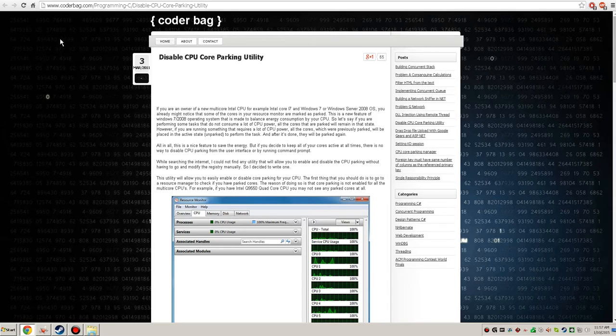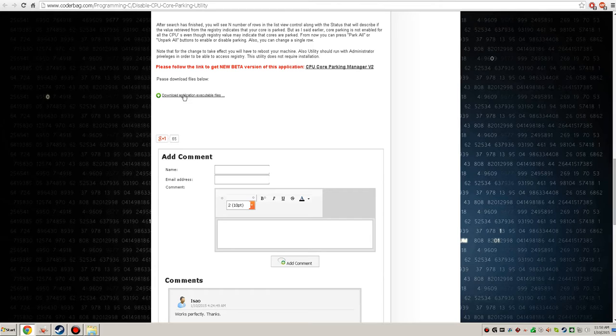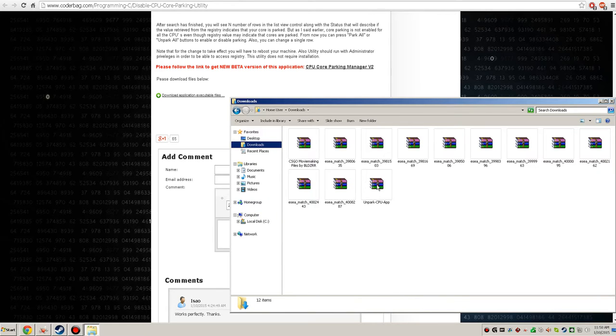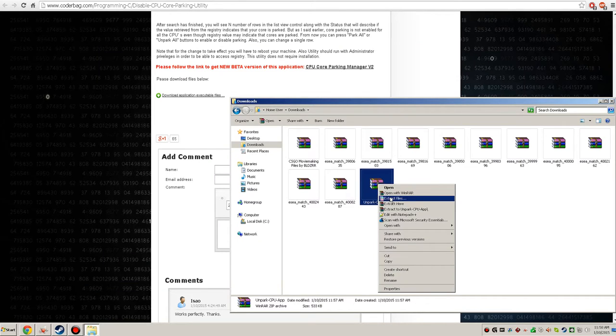The next step is to go to coderbag.com/programming-C/disable CPU core parking utility. Scroll down until you see download application executable files and click on it. It will download the file automatically. Once it is downloaded, you can go to Unpark CPU app, and you will want to extract the files,